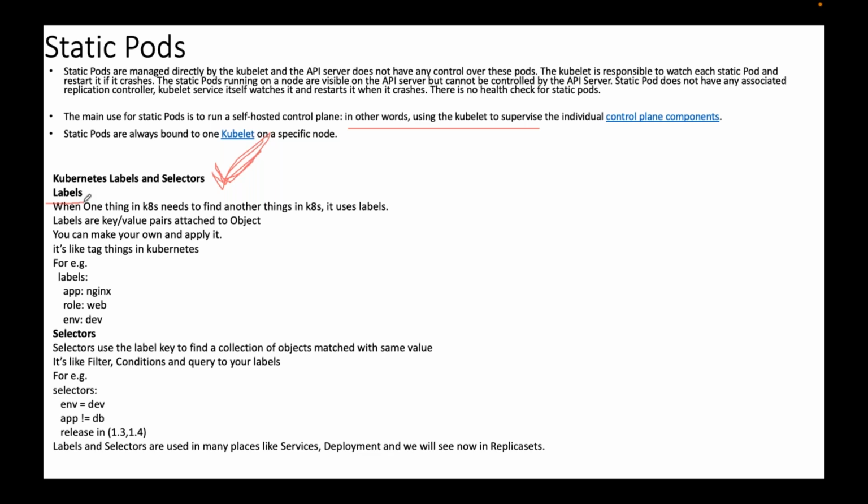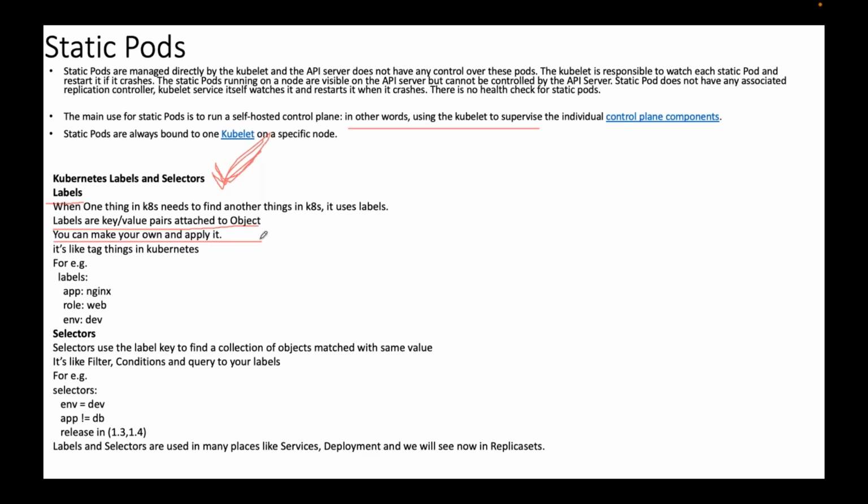Now, in Kubernetes also, can I add labels to my Kubernetes resources? Like if I want to add a label to the node, I can add. If I want to add a label to the namespace, I can add. If I want labels on the pod, I can add. For any Kubernetes object or resource, can I add labels? Yes. So labels are key value pairs attached to the Kubernetes object.